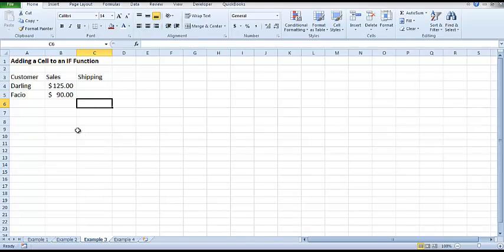Example number 3. This one is going to add the contents of the if function to a cell. So in this situation, we have customers who have ordered product and they are having it shipped to them. If the shipping is over $100, the shipping cost is only $5. If the shipping is $100 or less, then they have to pay $10 for shipping. So regardless of the outcome, the yes or the no, the true or the false, something will be added to the cell. So I want to include that cell outside of the function argument